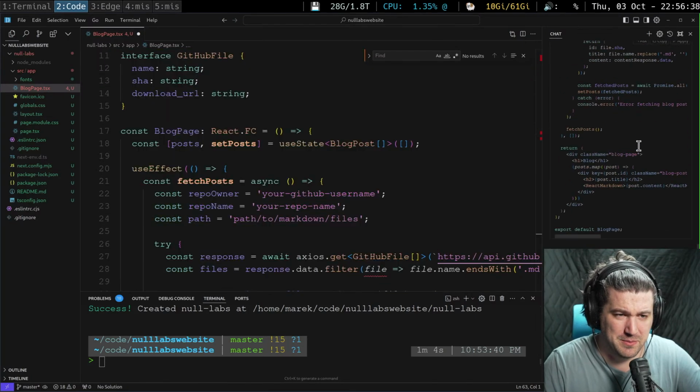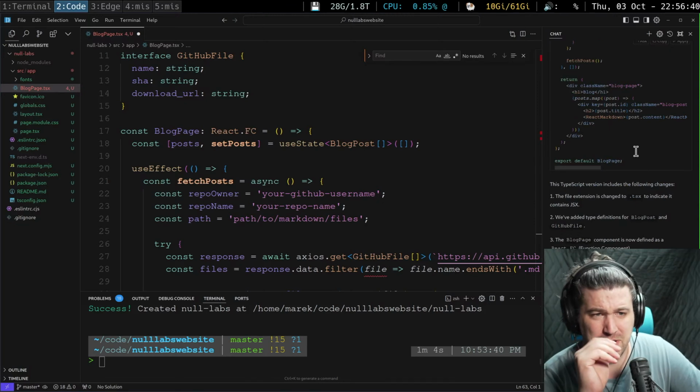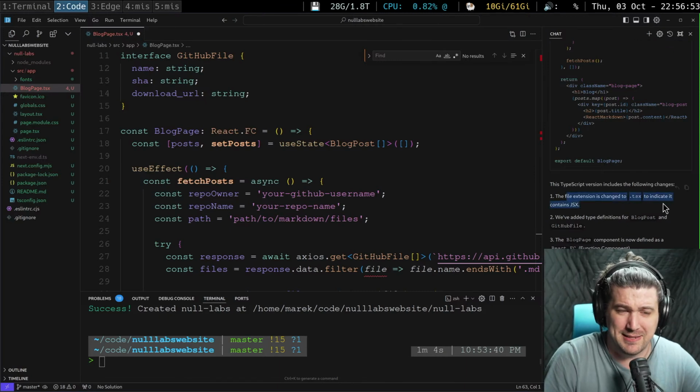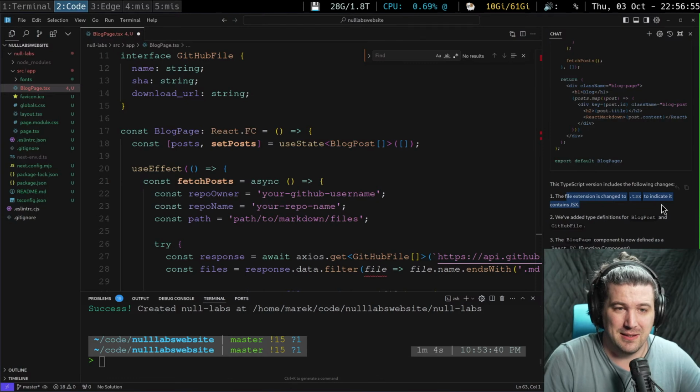Let's move on. The TypeScript version includes the following changes. The file extension is changed to TSX. This is just inaccurate, right? TSX means that it contains TSX, not JSX, right?